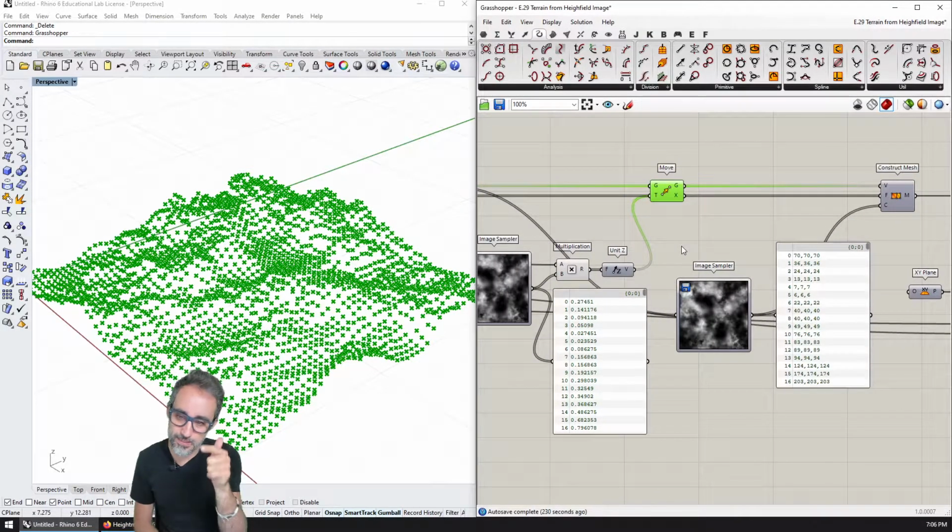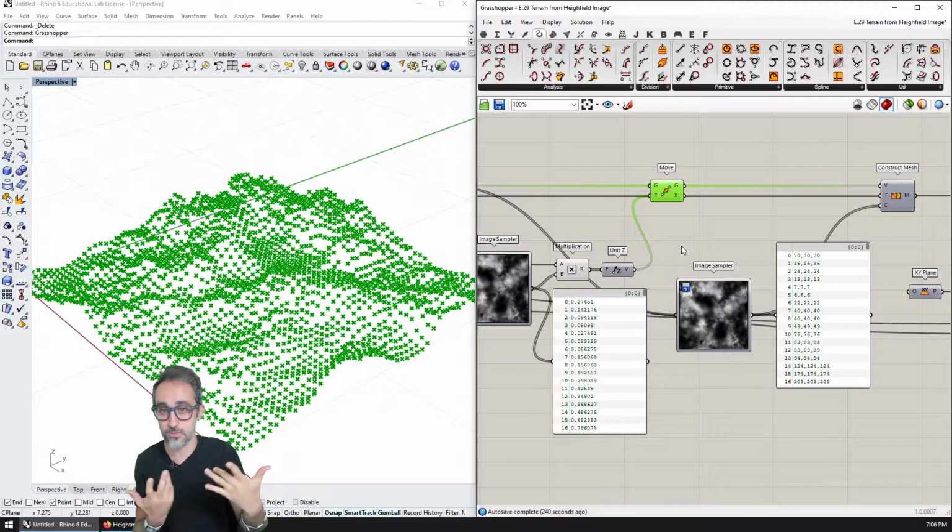But with these points, there are actually ways that we can use them to recreate an actual NURBS surface.